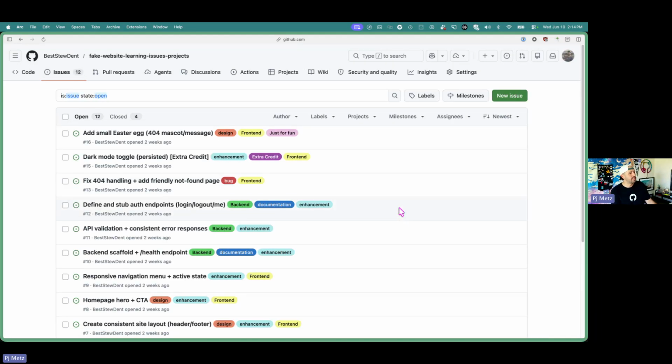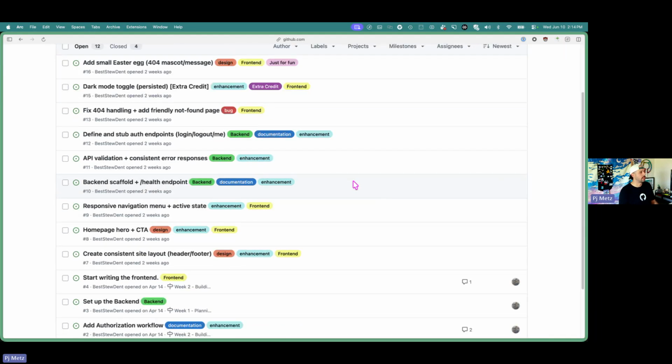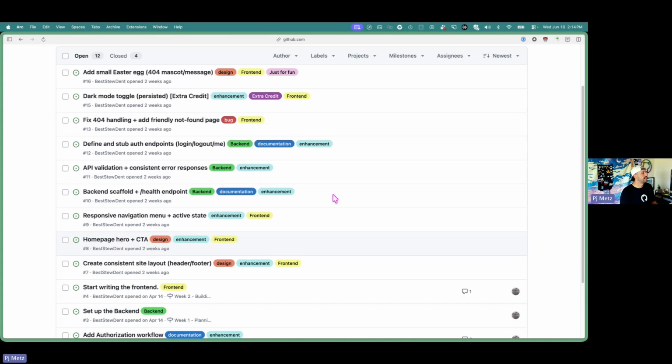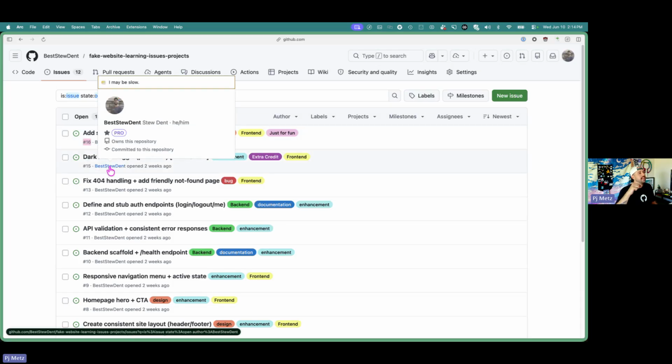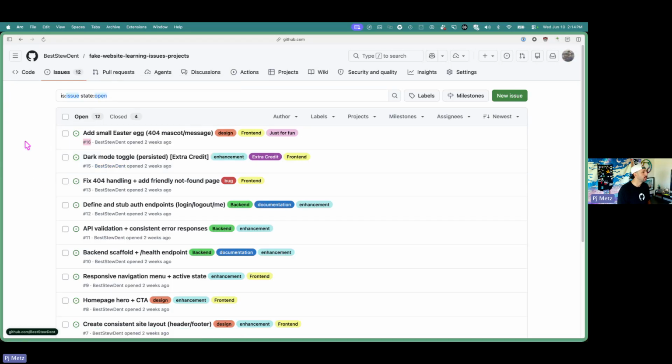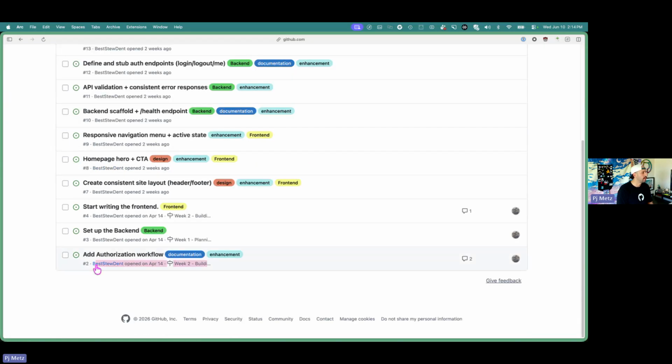And when you have a bunch of issues, this is what it looks like when you're looking at that full list. You can see a title right here. You can see a number. Every issue is numbered based on when it's created inside a repository. Issues are tied to repos. Issues do not go across repos. There's a repo and there's an issue list inside of there. And it is specific to that repository. And so you'll see there's always a number for each issue.